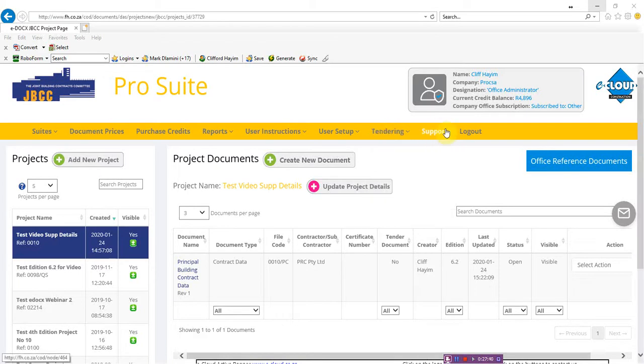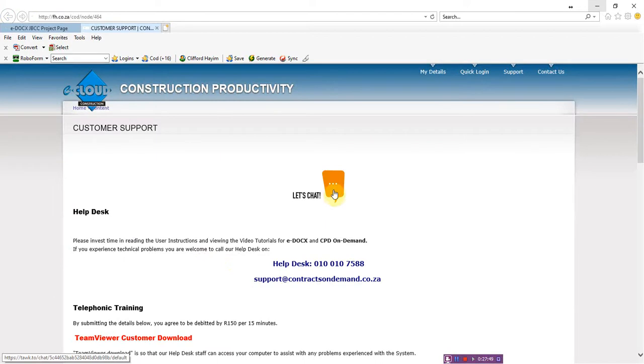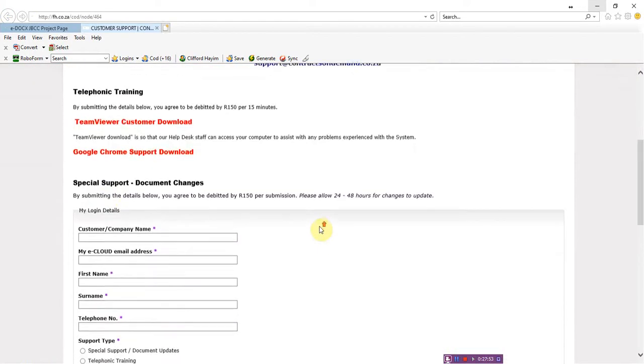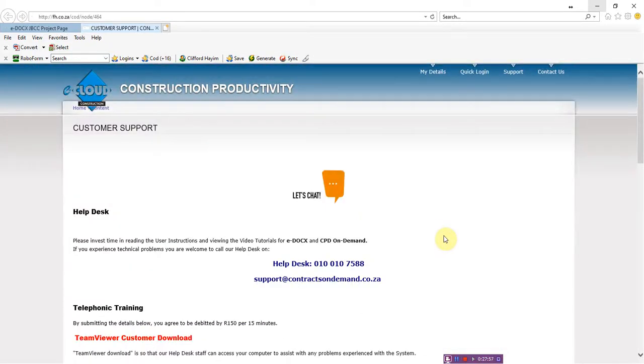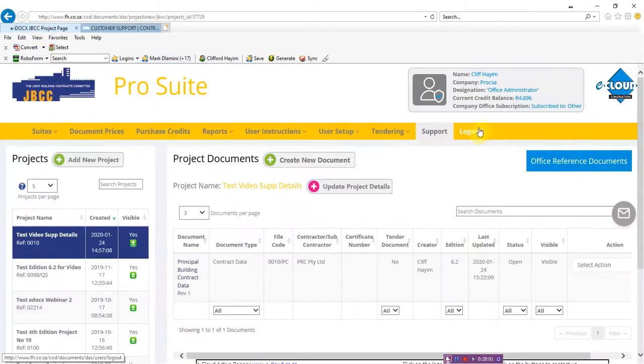Support: if you're stuck and you need some help, click on support and it will give you an option just to phone, or let's chat. You can click on that and get some online assistance, or you can feed in support documents for changing of details. If we just go back and then log out, should you wish to exit and quit out of the system. So that concludes